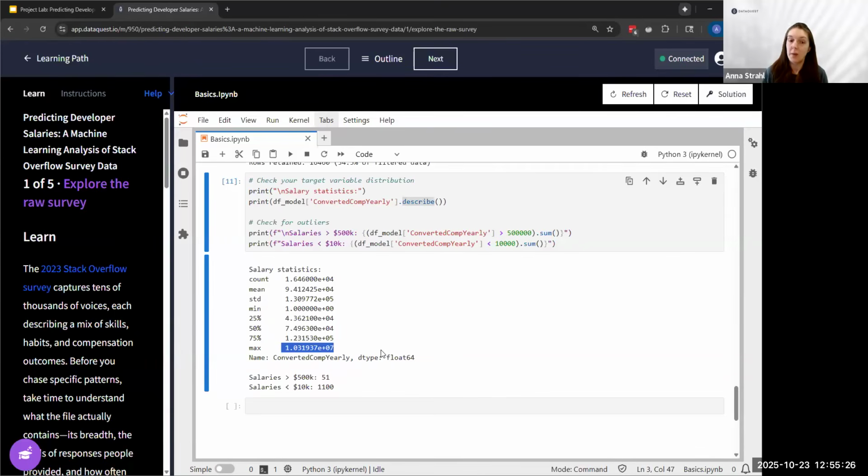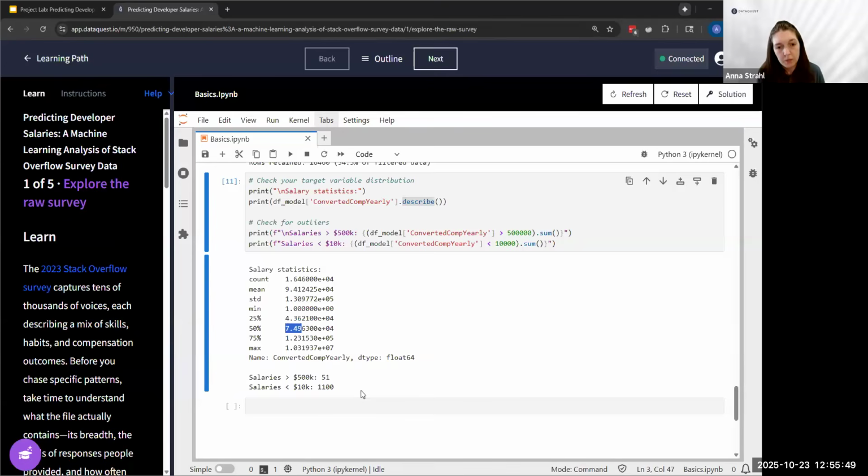which feels like it's probably an outlier to me, especially considering our mean and our median are different by about $2 million. Is that right? 2 million? No, that's too much. No, let me convert the scientific notation here. Regardless, our mean and median are pretty off. I haven't had all my coffee yet.